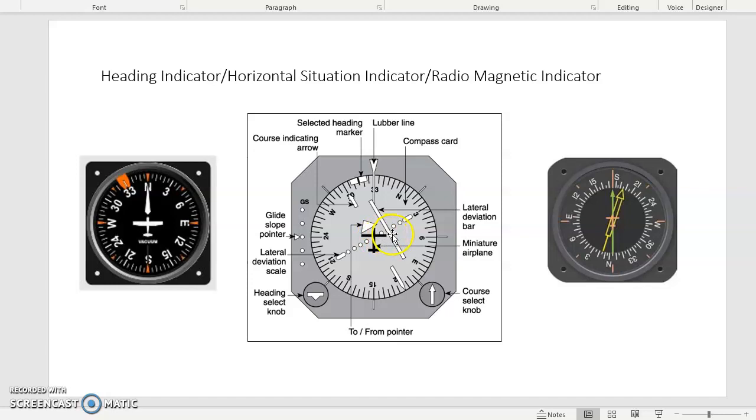So you need to fly right to be right on the radial. And you've got to mention your heading here would be